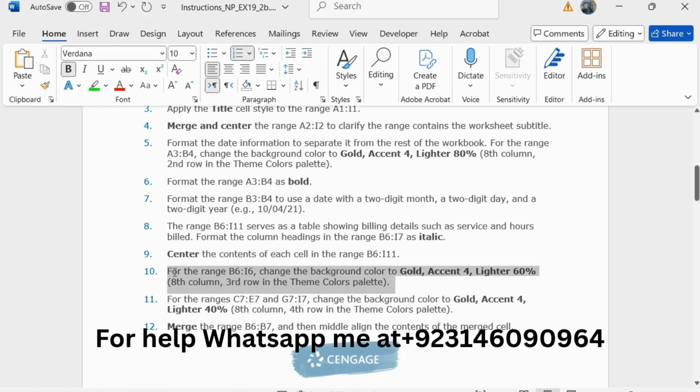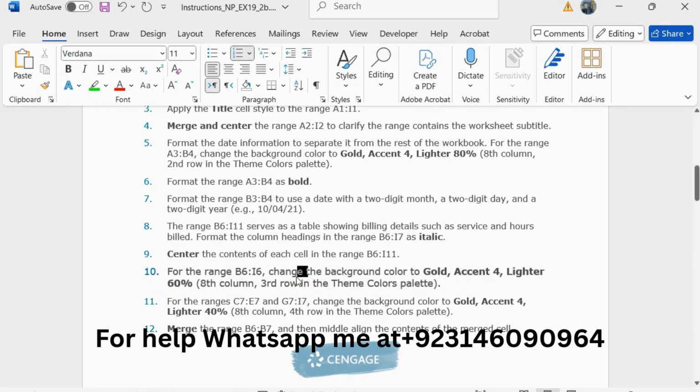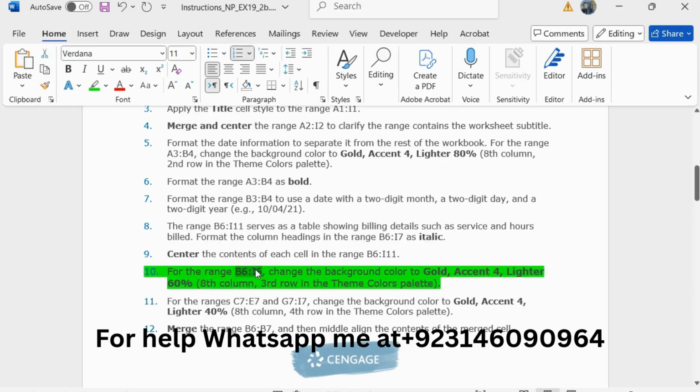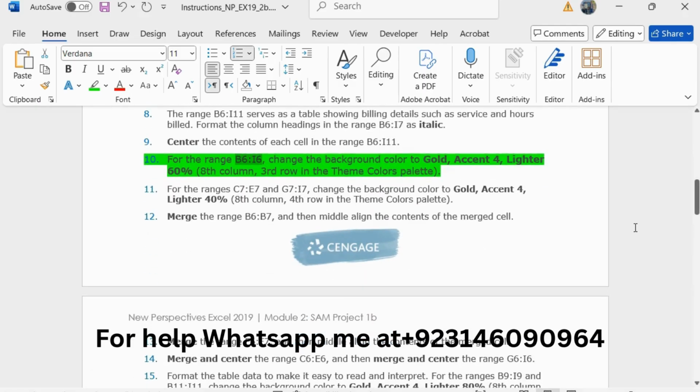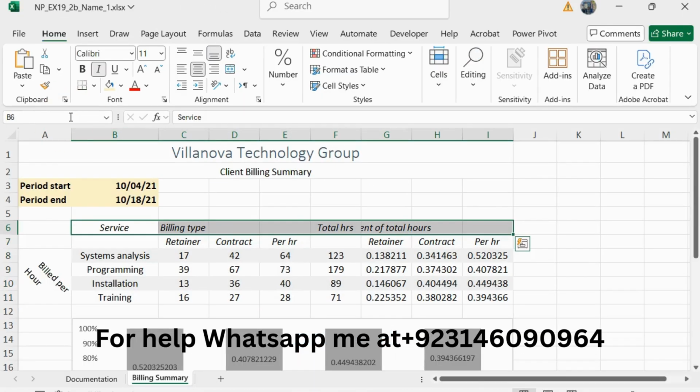Step number 10 is for the range B6 to I6, change the background color to Gold Accent 4, Lighter 60%. Select the range B6 to I6, go to Excel and paste it here.